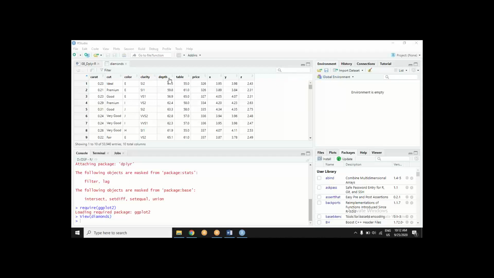Right, so then there are various parameters, depth, table, price, XYZ. There must be something, perhaps dimensions. Price, well, price is something which is of maximum interest. Yes or no?